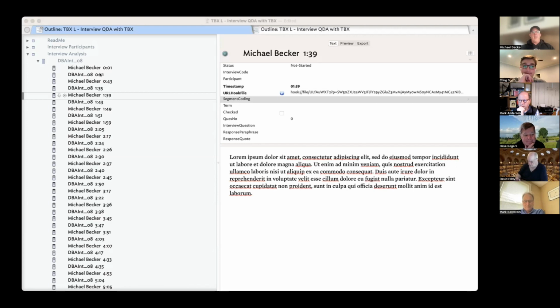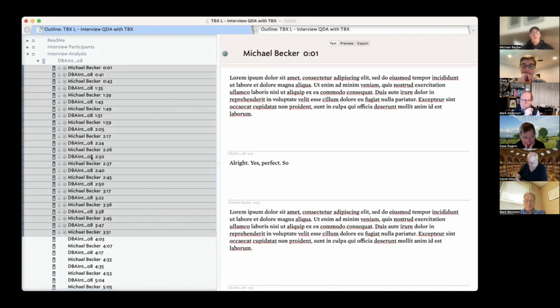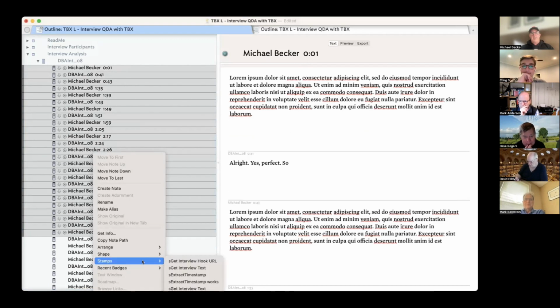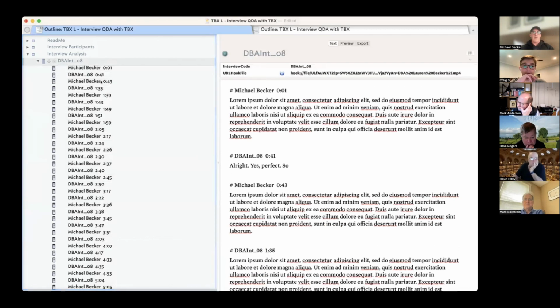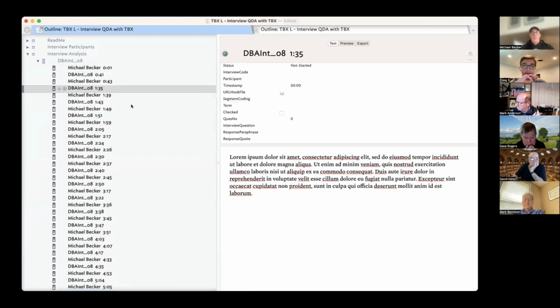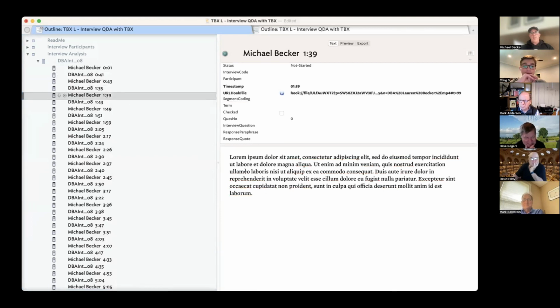And then, to do that for all of them, all I need to do is get the proper extract timestamp RegEx, which we'll fix in just a second, calculate that, and then extract the URL. And you can combine all these stamps together, but I put them into individual ones just to make it more step-through-y. And then the last thing I want to show you that I've been doing with my interviews is